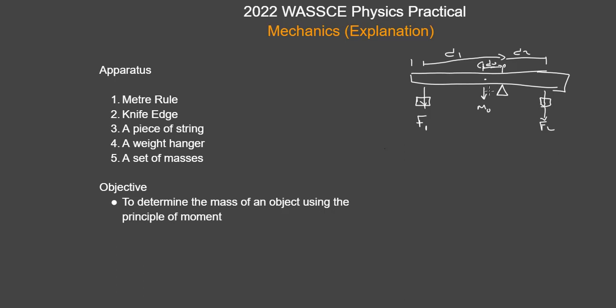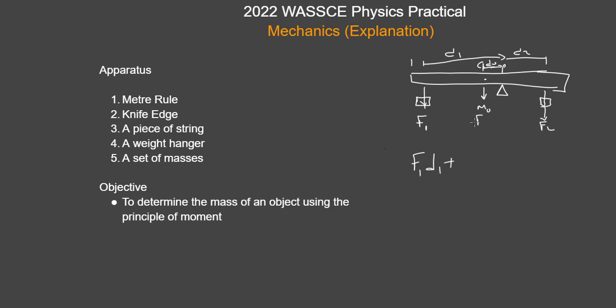The first thing we do is ask where the clockwise or anti-clockwise moments are. So let's start with the clockwise moment. Which moment tends to rotate this meter rule in a clockwise direction about this pivot point? If you check closely, you see that F2 tends to pull in a clockwise direction, while F1 tends to pull in an anti-clockwise direction, and this M naught, which is the mass of the meter rule, tends to pull it anti-clockwise. So we can say that F1 times D1, which is the first moment, plus